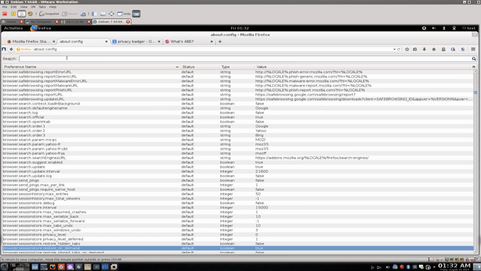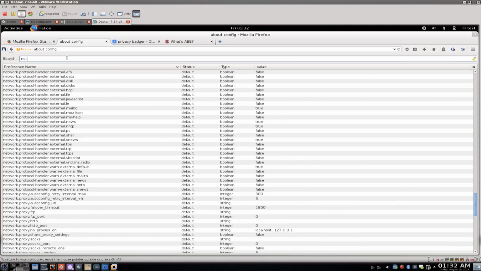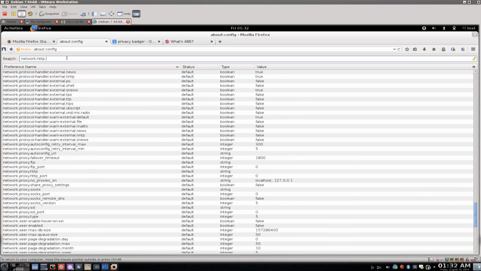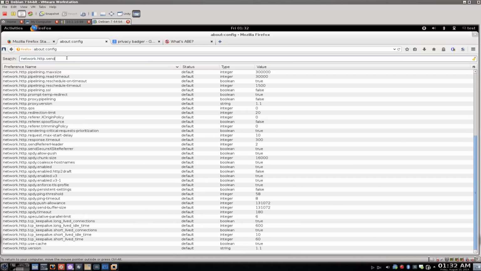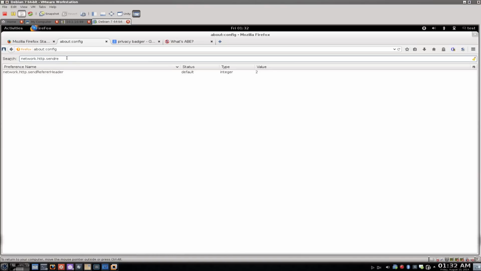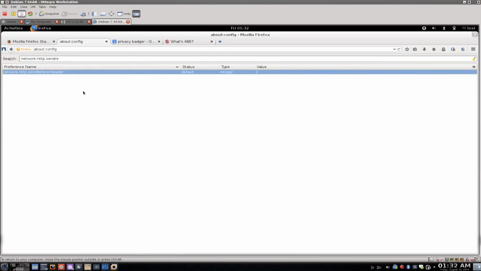The other one is if you want websites to not know where you've come from. One of the settings you can use for that is network.http.sendRefererHeader. So this guy here, if you set that to 0, then it will not send the referral